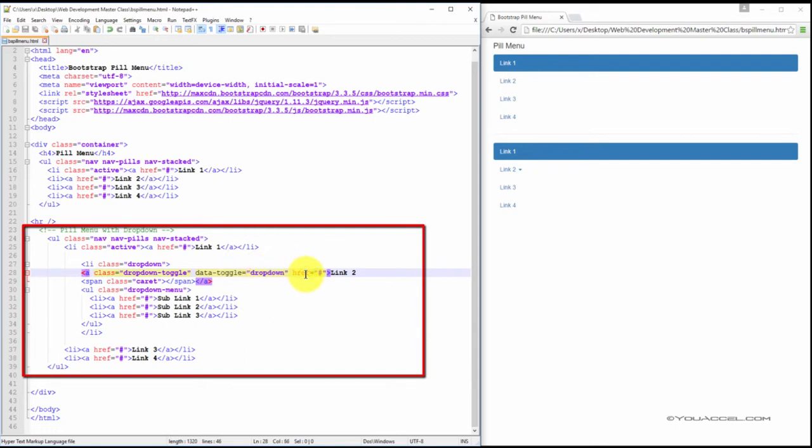Attach an empty link using the href attribute. And once you've defined your label, in this case we called it link 2, we also added a span element with the class set to caret, and remember that's the drop down arrow. So after you've done that,